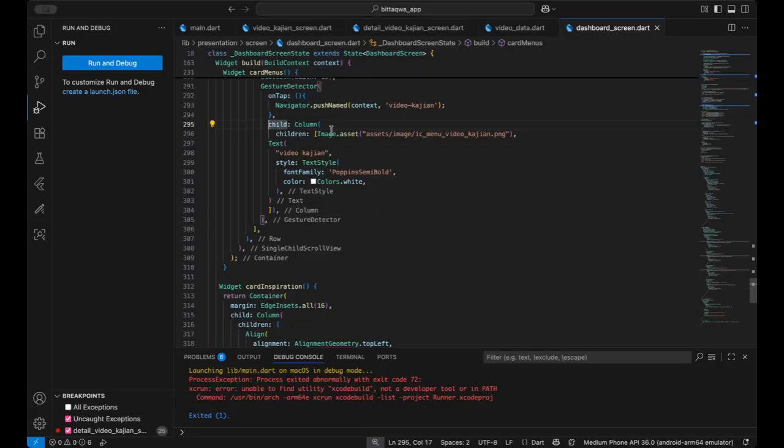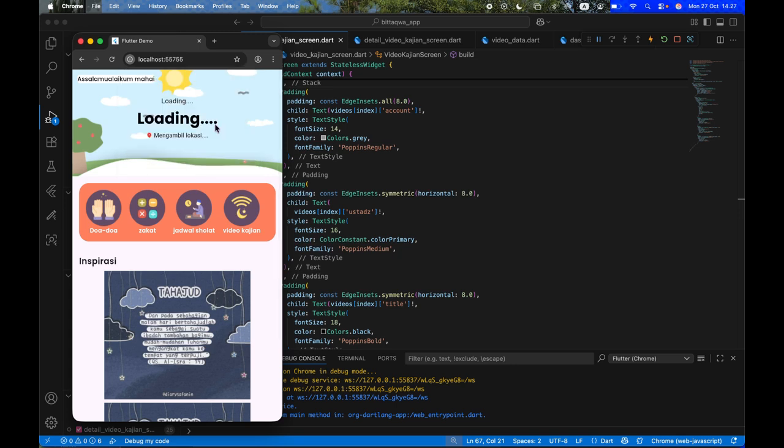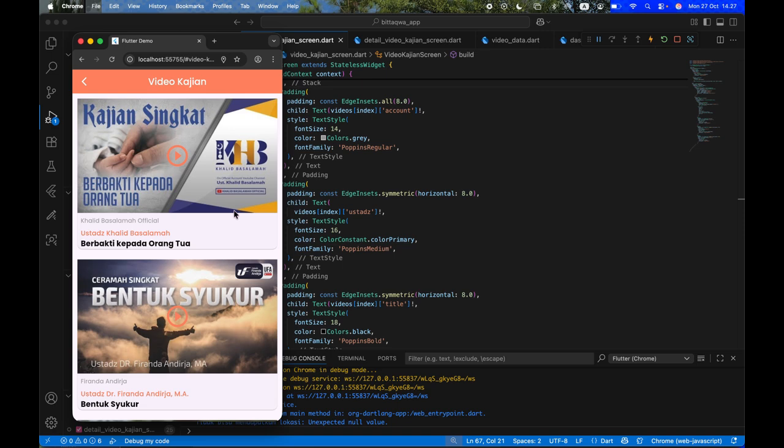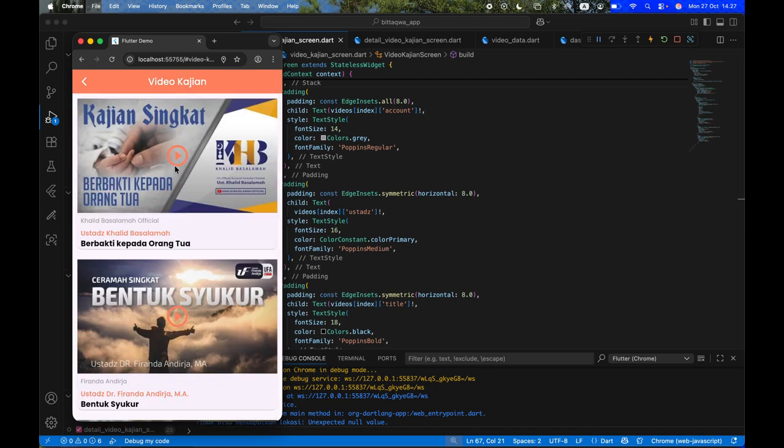So after this I will show you guys the UI from the emulator of the video kajian screen. So guys, this is the UI of the Bitaqwa app, and here I will show you the video kajian screen that I explained the code for before.